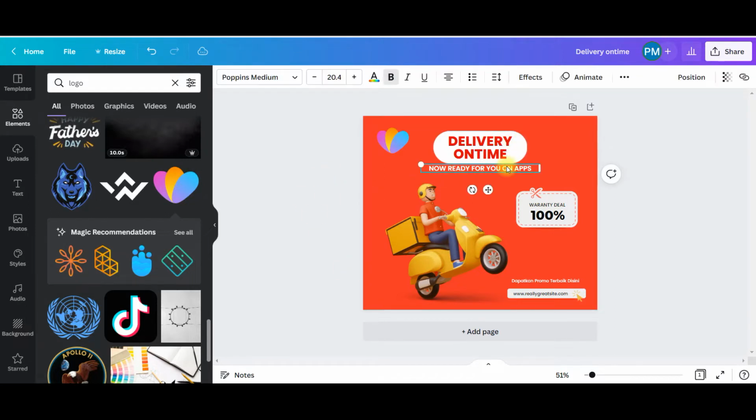So I'll just duplicate this. Control D is the duplicate, or Command D is the duplicate option. I'll place it here. I will double click on this, and press Control A. Delivery banner. That's the name of my company or page maybe.